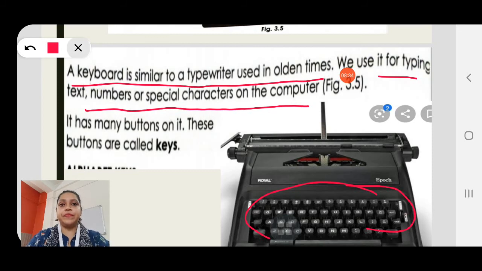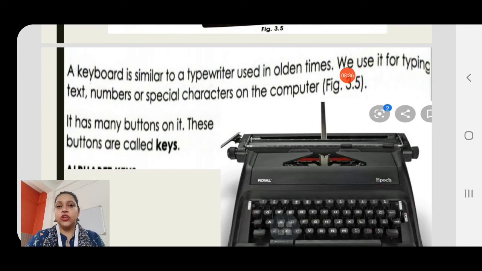So children, we shall stop here. Today what did we learn? We learned about the 4 important parts of the computer. We'll do a quick recap. First we studied the monitor. It's also called the screen or display, where whatever we type on the computer is displayed. Then we studied the CPU, which is the brain of the computer. It does all the calculations and controls all the parts of the computer. That's why the CPU is called the brain of the computer.